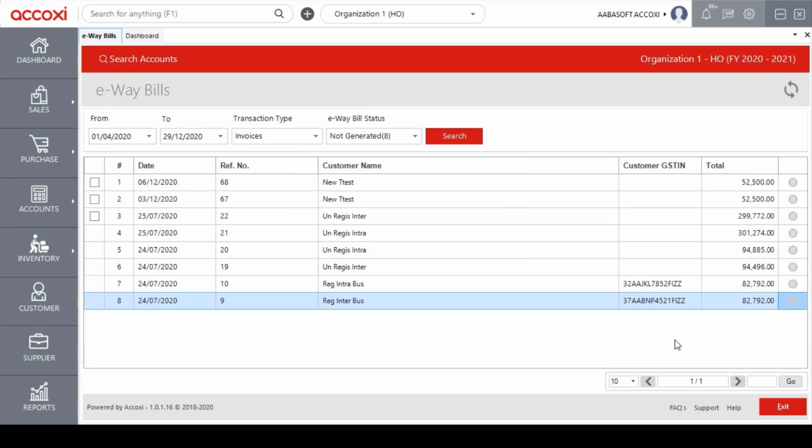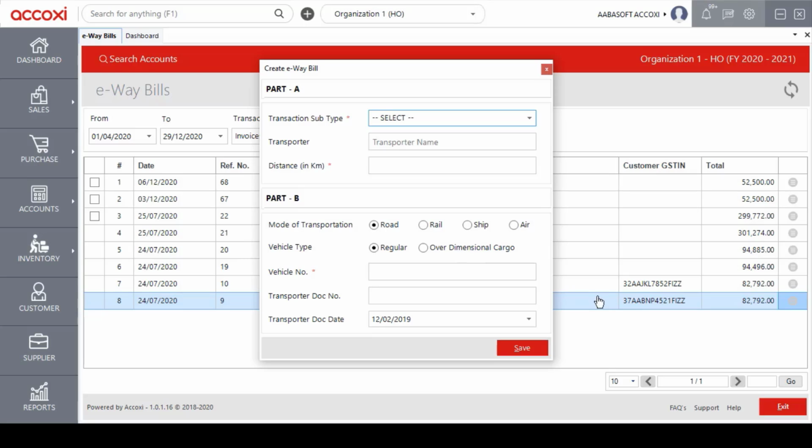The second option under the more option is exclude option. This option is used for the purpose of excluding a particular transaction from the e-waybill form so that user can remove unnecessary transaction with this option. The third option under the more options is create e-waybill. We can use this option to create e-waybill for a transaction.